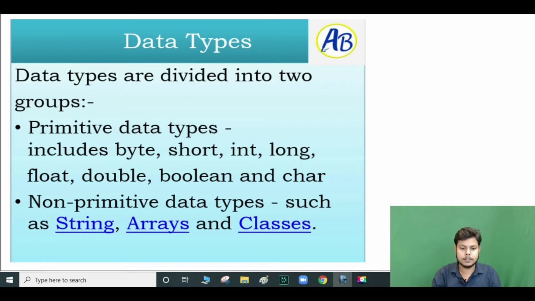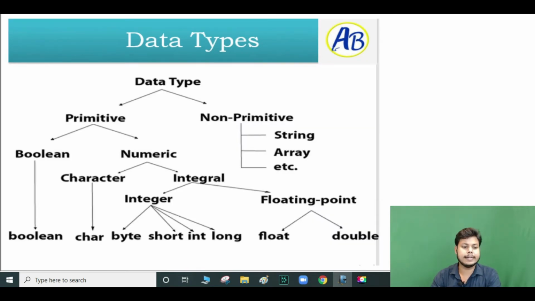Let's see the next slide. Here you can see primitive data types and non-primitive data types. Non-primitive data types include string, array, linked list and array list, where the length of the storage is not certain, so in that case we use non-primitive data types. You will read about this in depth further on. All data structures come inside this category, because we are dealing with the manipulation and storage of data.